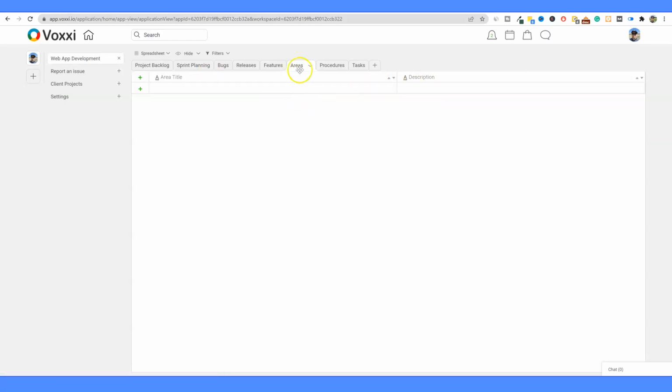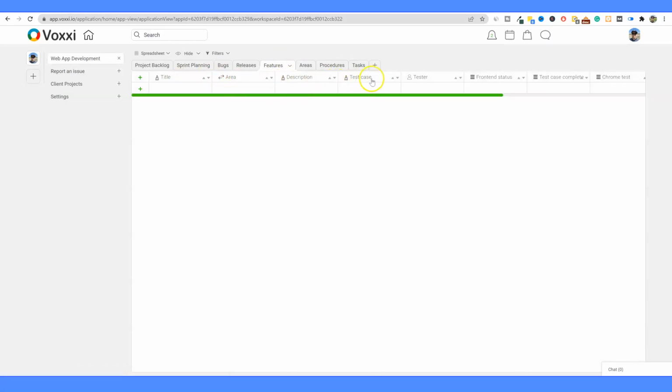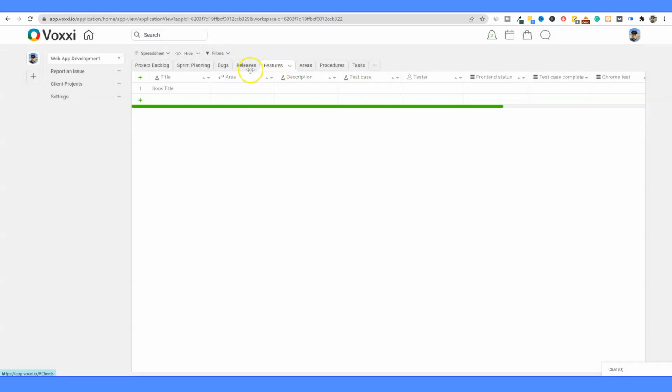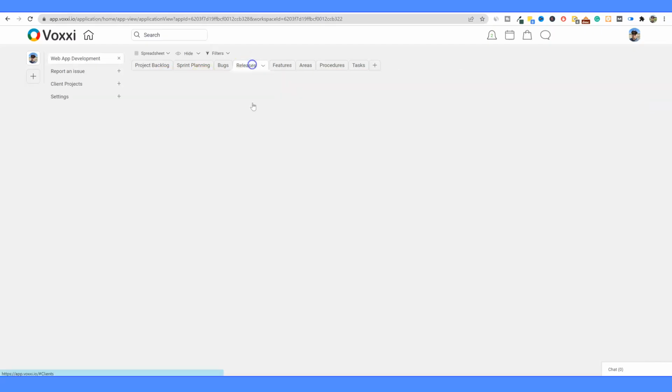We can go to areas, description, features right here, test case. So I'm wondering how you change out these headlines right here. So right here, we would say book title. And then I'm going to go like that. Okay. And then the area, we can add description and so forth in here. So you basically are going to take one of these that are already pre-populated, and you're going to probably find one that's laid out for what's going to be your best use case, right? And then you can just use this. I was just wondering if you could actually retitle those. I'm sure you can. Releases,